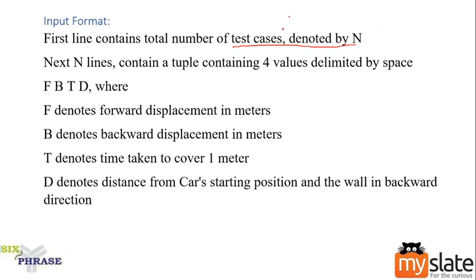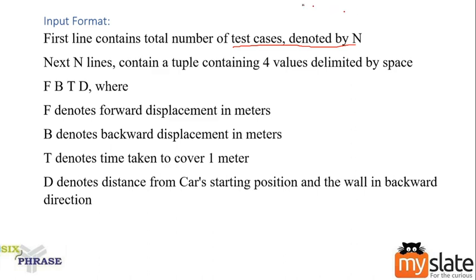I think you'll be familiar with this line by now, which means you will not consider only one scenario, we will consider multiple scenarios. So, as always, first I'll consider there is only one scenario. What is that scenario? I have just one car and it moves forward and backward. I'm going to calculate the time taken to hit the wall. First we'll do it for one car, then we'll repeat the same process for multiple cars.